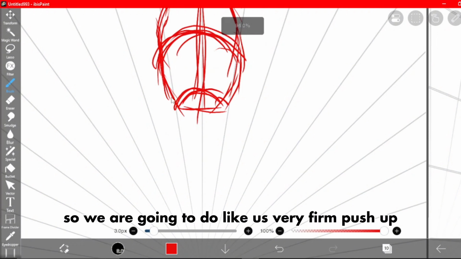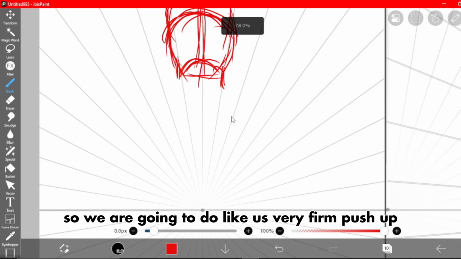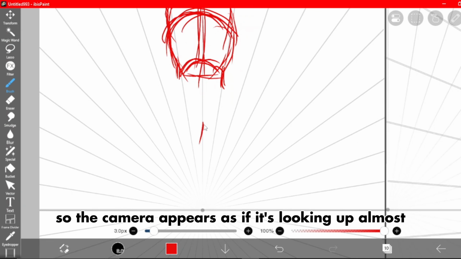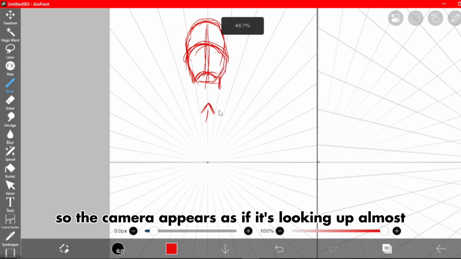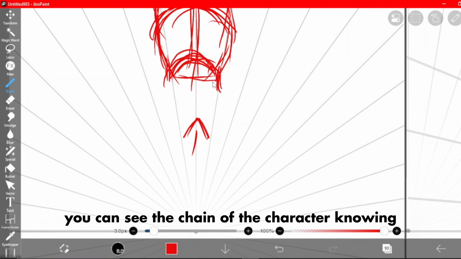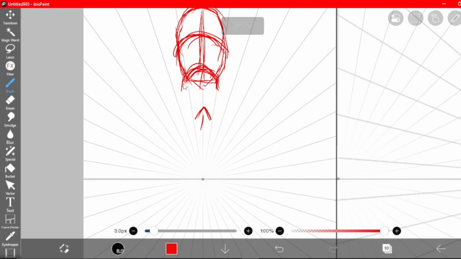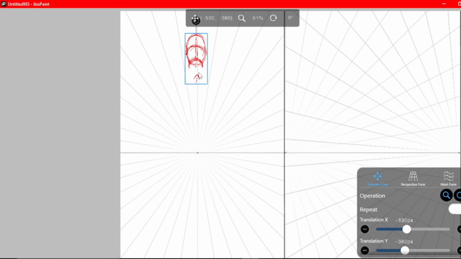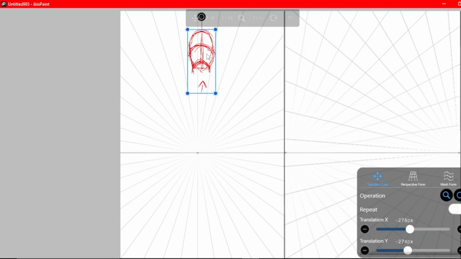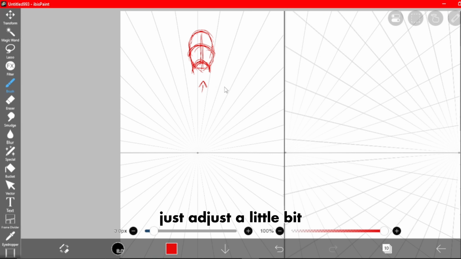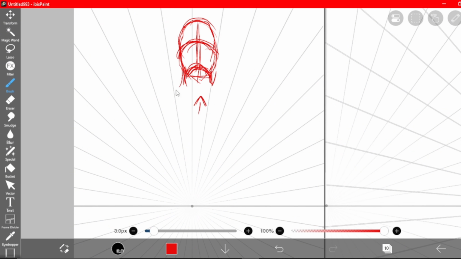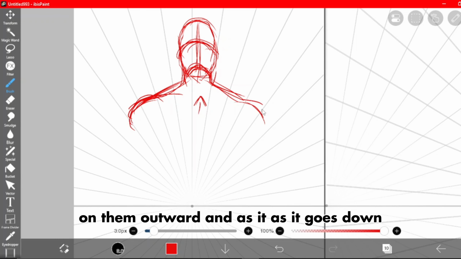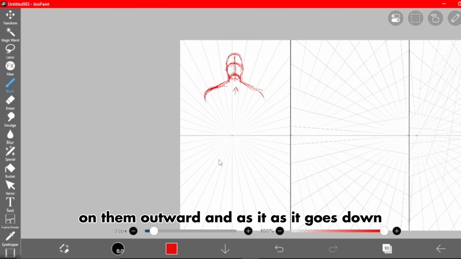So we are going to do a very firm posture. The camera appears as if it's looking up. Almost, you can see the chin of the character in a way. Let me reduce the size so that it will fit in. Just adjust it a little bit. So everything will appear from an outward, and as it goes down,